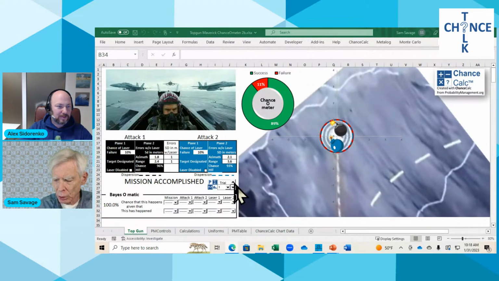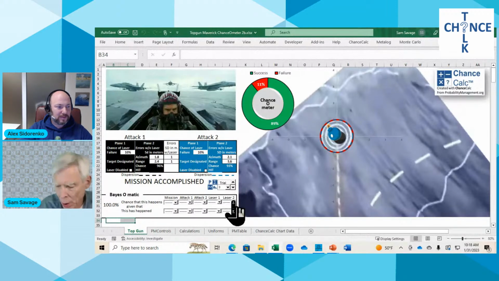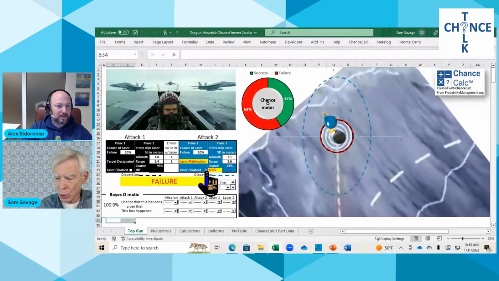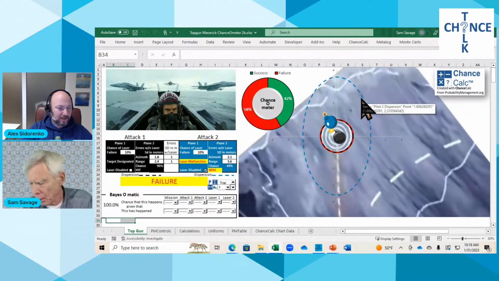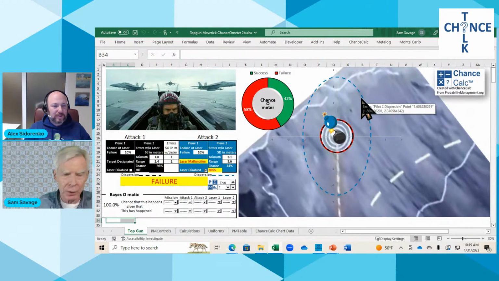And we can see we're going to do like 10,000 trials. And as we scroll along, we see the weapons land in different positions. Now, the weapons are laser guided weapons. They're very accurate, but there's a chance that the laser might fail. I'm just going to intentionally disable the laser on the second attack. And when I do, you can see this big dispersion ellipse of where the weapon would lie if you didn't have the laser.